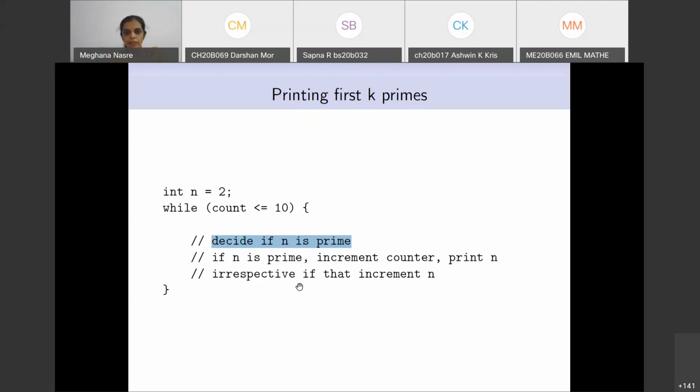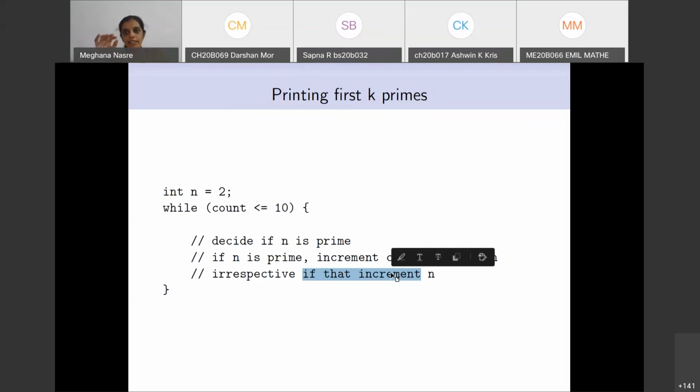And irrespective of this, so this should not be inside the if. It should be outside, irrespective of that, increment n, because n is something which is not given to you now. n is not the input number which you are deciding to be prime or not. It is something that you are just incrementing to check. So you are doing that increment and saying that the next candidate that I will test is n. If that happens to be the prime, then I'm going to increment the counter.